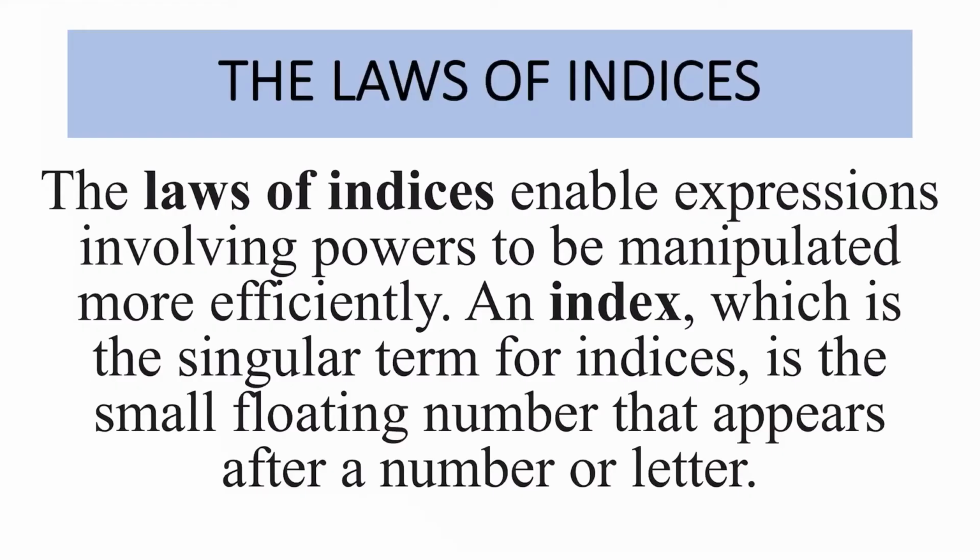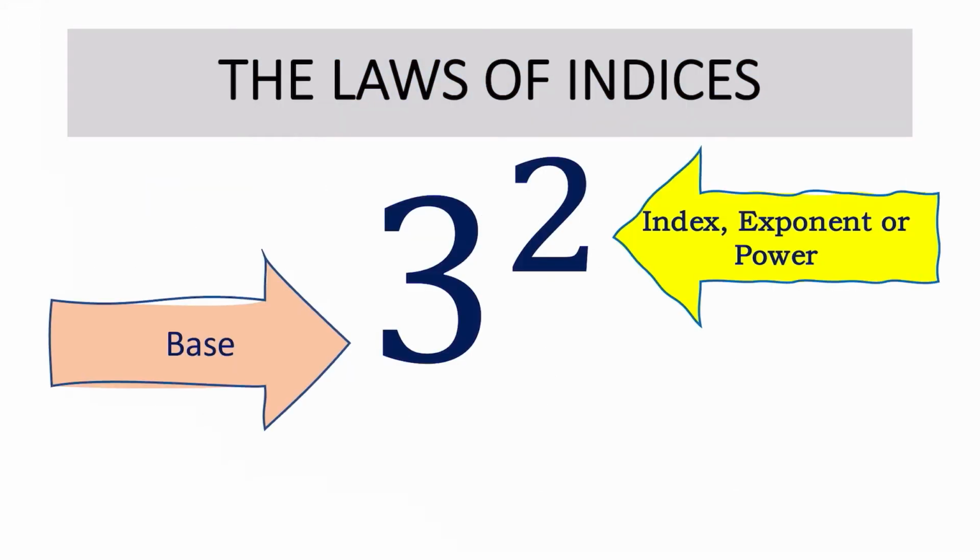The laws of indices enable expressions involving powers to be manipulated more efficiently. An index, which is the singular term for indices, is the small floating number that appears after a number or letter. Now, what do we make reference to when we speak of the small floating number? Our 2 here is what signifies that. It is referred to as our index, exponent, or power. The number that it floats above is referred to as our base, and it is represented by this 3